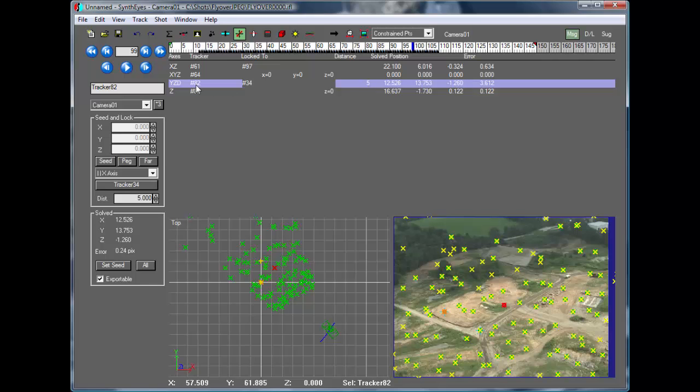So that means the 5 units is going to be a difference in the x values. So that entire scene could slide along that axis, and it would still have the same distance between those 2 trackers. Just on the basis of this individual constraint, the entire scene could rotate around that line